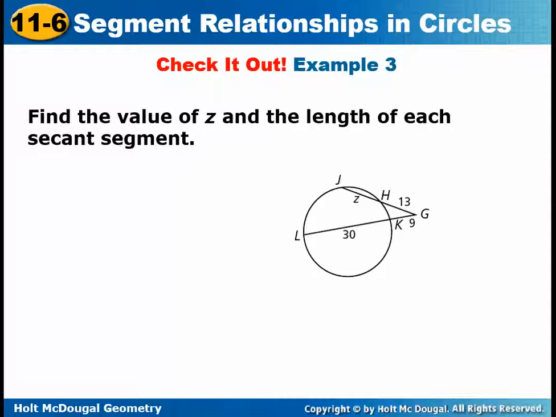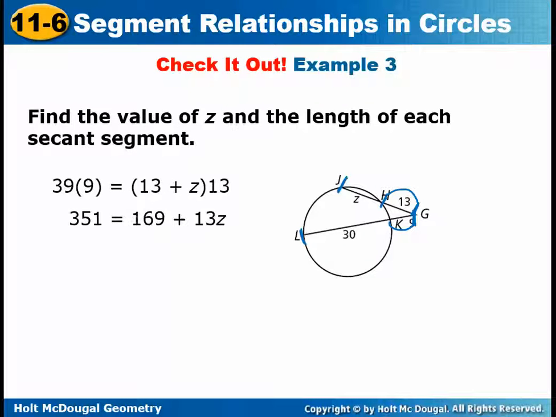Find the value of z and the length of each secant segment. Same thing. You have to take the whole times the external part is equal to the whole times the external part. So we're going to have z plus 13 times 13 is equal to